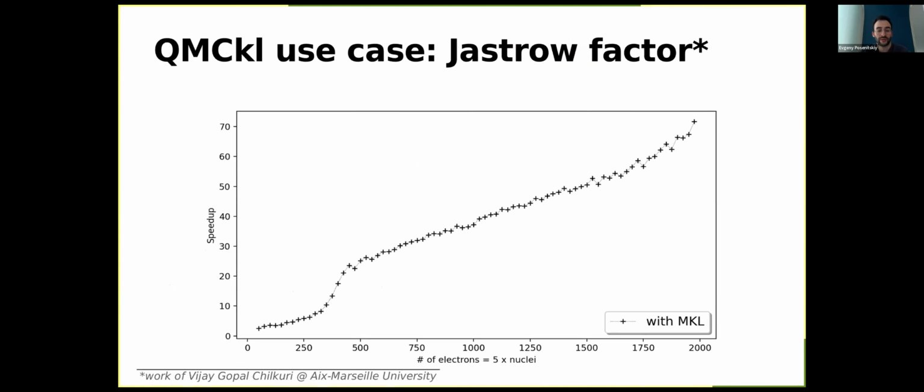And so we've seen already how adoption of QMCKL has improved the performance of CHAMP code. Here is another example, more like a use case, which was performed by another previous TREX member, Vijay Chilkuri, who is now at Aix-Marseille University. So Vijay and coworkers have implemented an optimized Jastrow factor in QMCKL, and you can